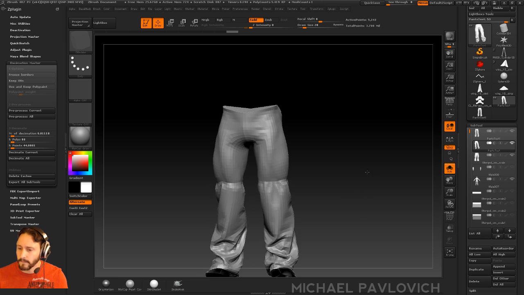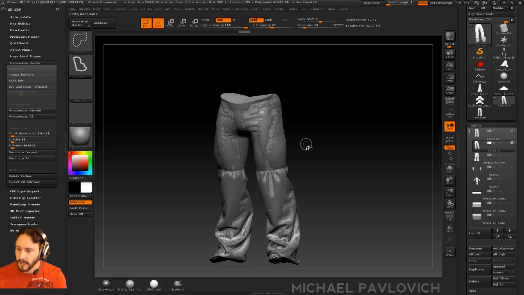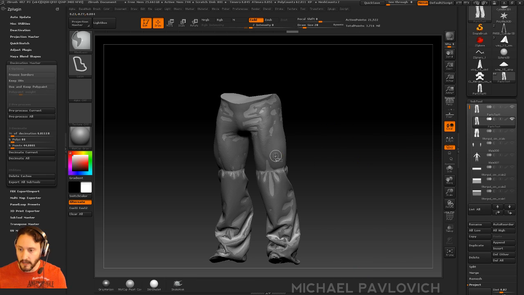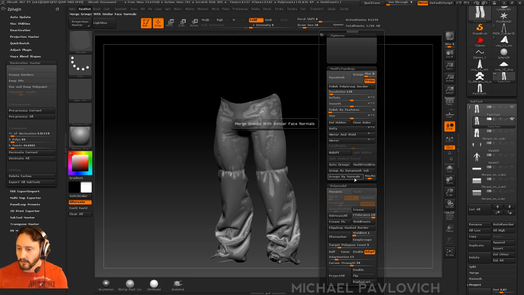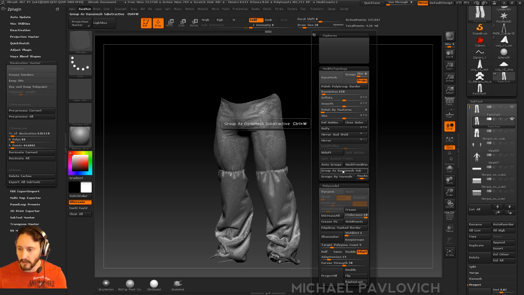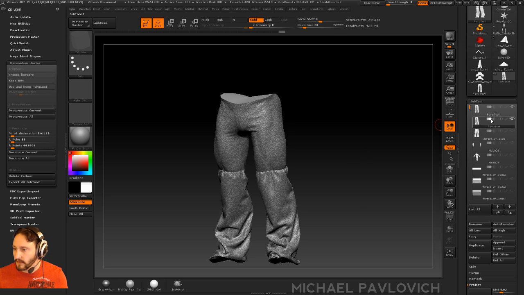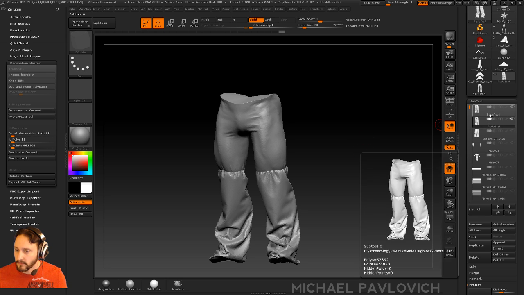Okay, so we have this, and we have our original high res here. So I'm going to make sure those are the only two things showing. I'm going to isolate just this polygroup here. We're going to do a quick Project All, SubTool Project All, divide, isolate, Project All, divide, isolate. Now the reason I'm isolating is I don't want to project anything that shouldn't be. So I'm just taking the surface that I want to project, projecting all, and then bringing everything back, subdividing. And now if I go into solo mode here,